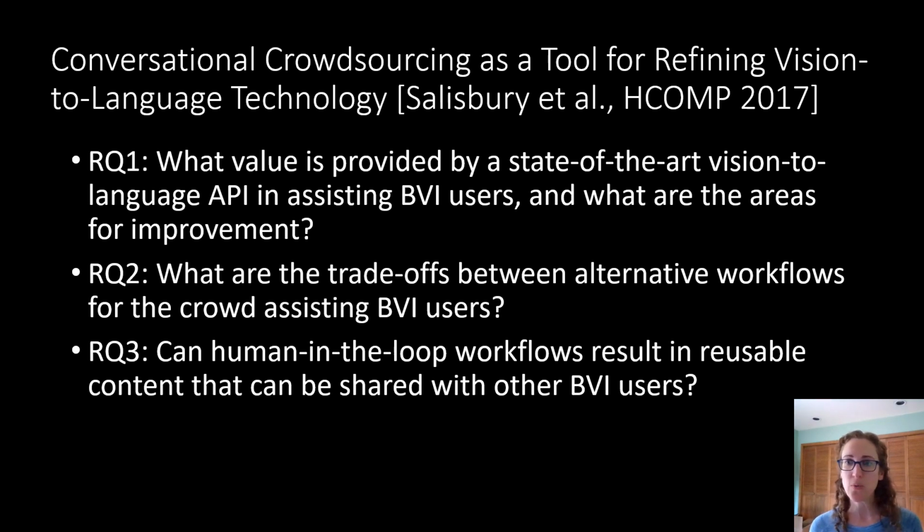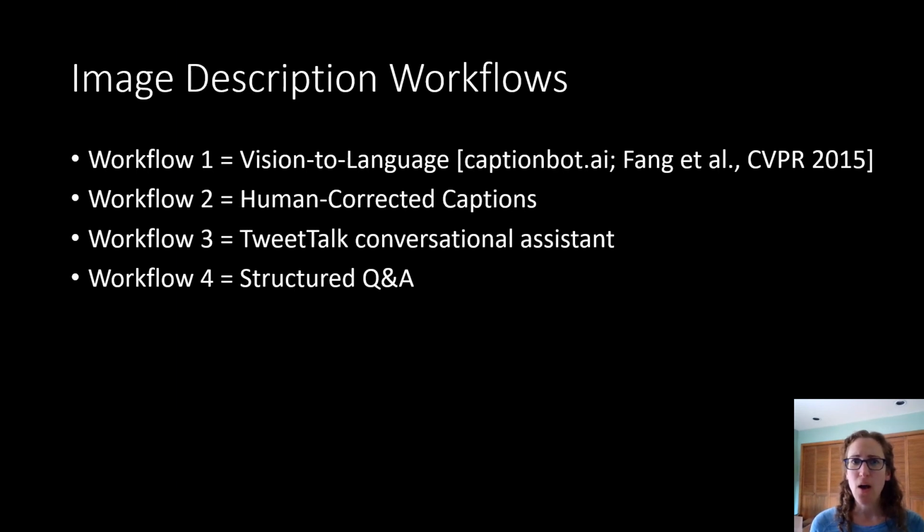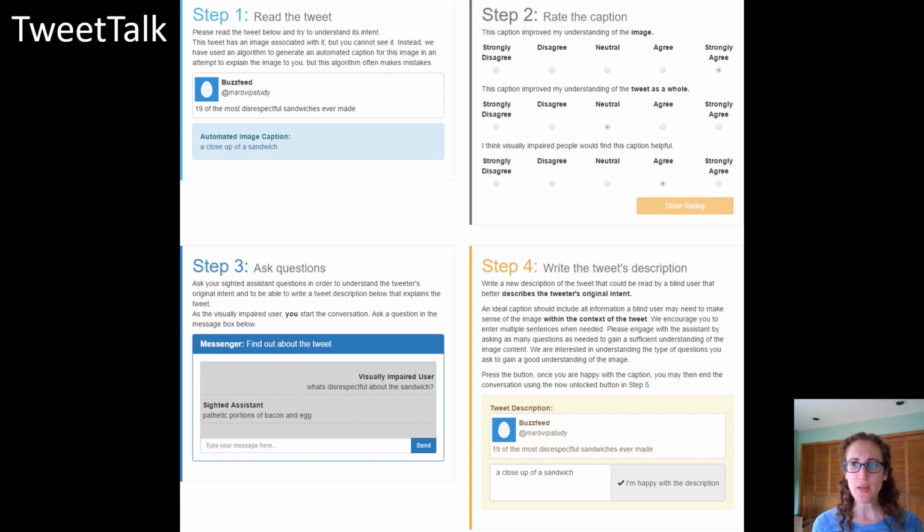And so in this work with intern Elliot Salisbury and my colleague from Microsoft Research, H.A. Kamar, that was presented at HComp 2 years ago, we studied the use of a crowdsourcing tool to help understand better what details might be most useful to include in social media image captions for people who are blind and screen reader users. And so what we did in this work was we developed a system for Mechanical Turk called